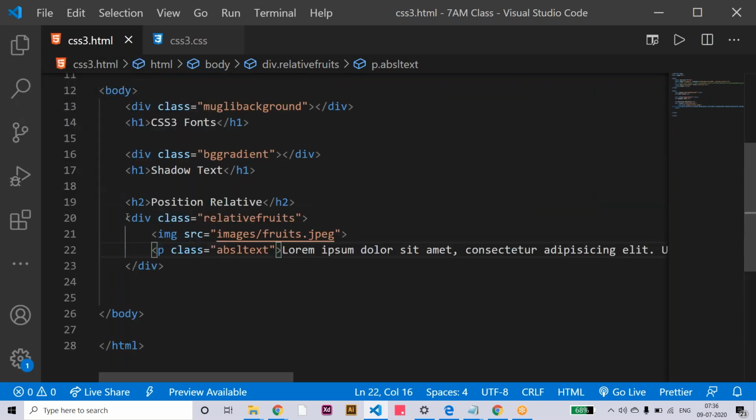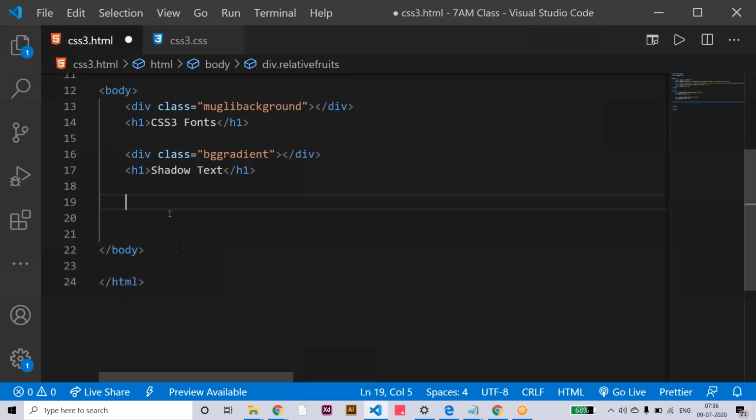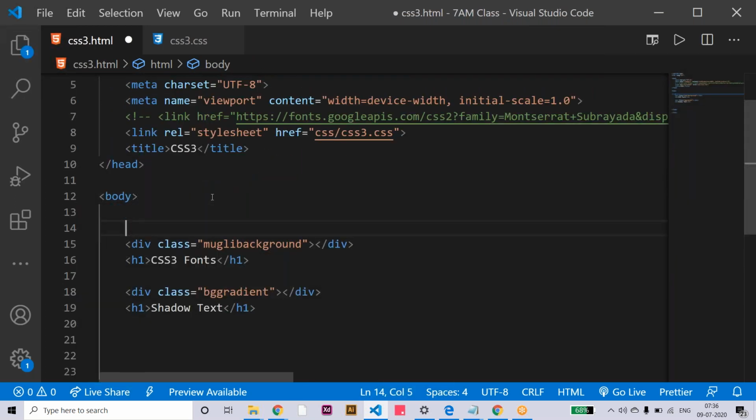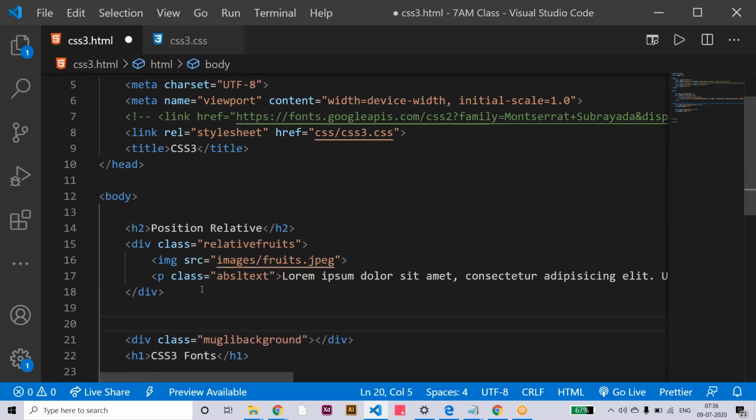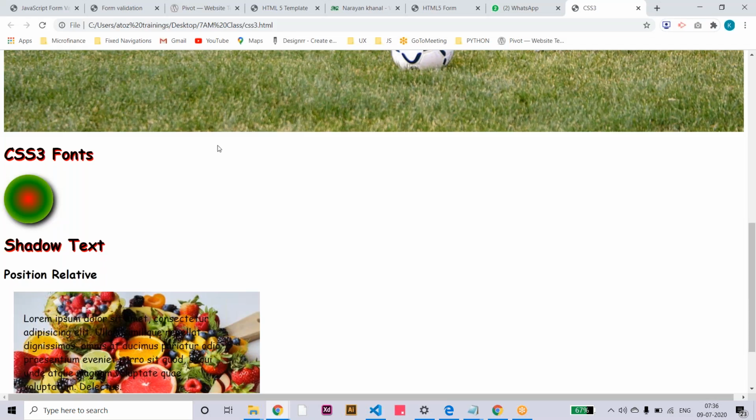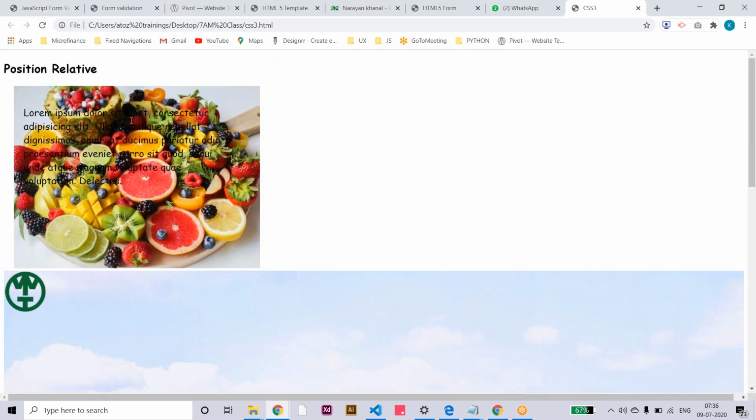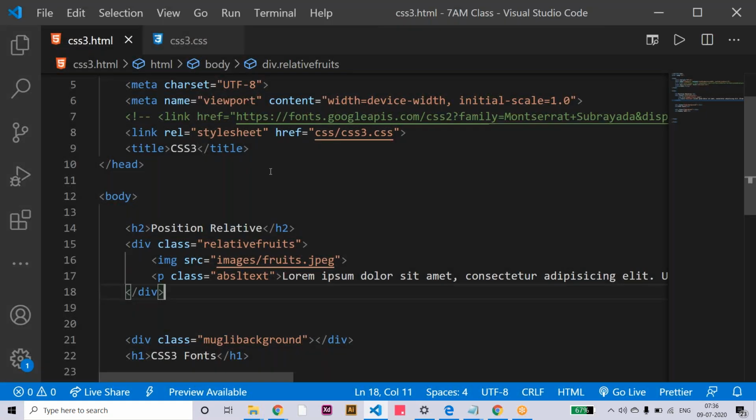Where is it, yeah, this. I'm going to start at the top of the page. So the heading, image, and the text is my first content. Okay, now it is on the top of your screen. Okay, so when you say position fixed,